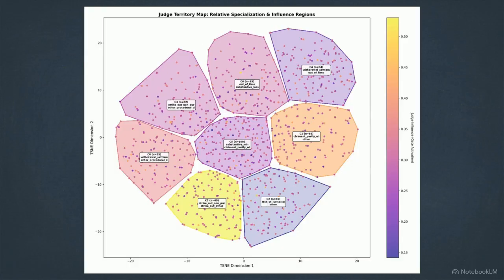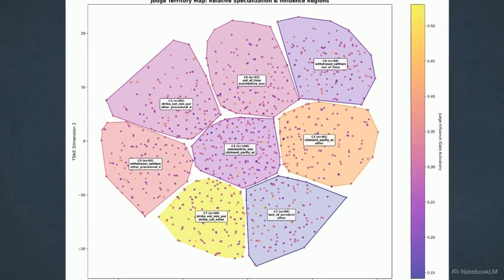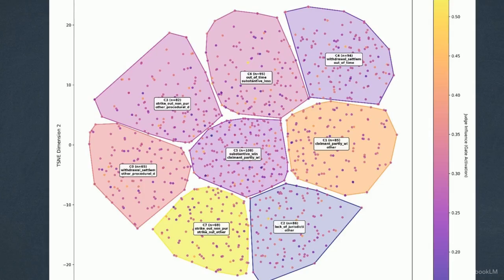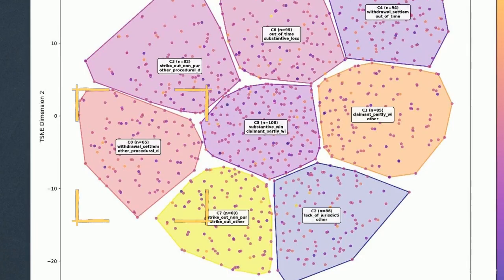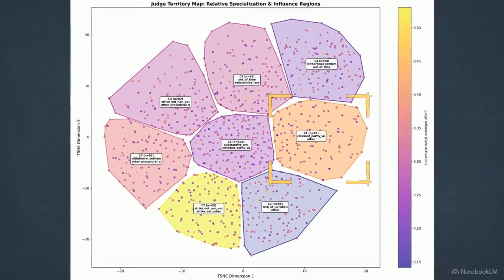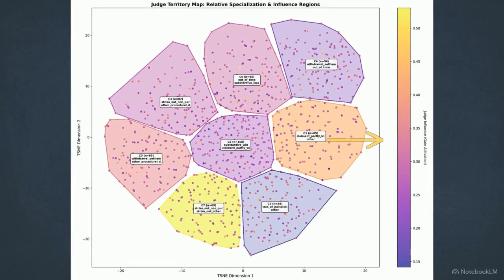The ultimate empirical proof that this model successfully isolates human adjudicatory styles is found in this graph, the judge territory map. This is a T-SNE projection of the judge embeddings. It proves the model didn't just memorize training data. The embeddings naturally arrange themselves into distinct geographic clusters based on actual behavioral traits. There is a clear spatial divide. Strict proceduralist judges who favor non-merit disposals are grouped in Cluster 0 on the left, while merit-based adjudicators form Cluster 1 on the right. The model's gate activation gradient perfectly aligns with these regions.